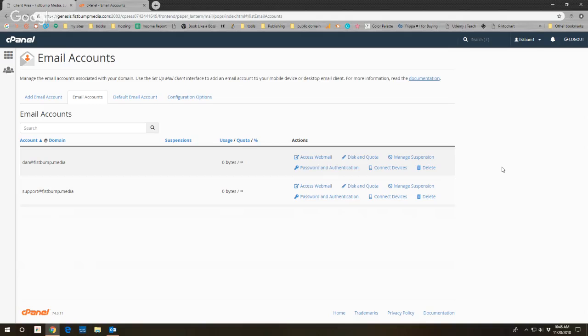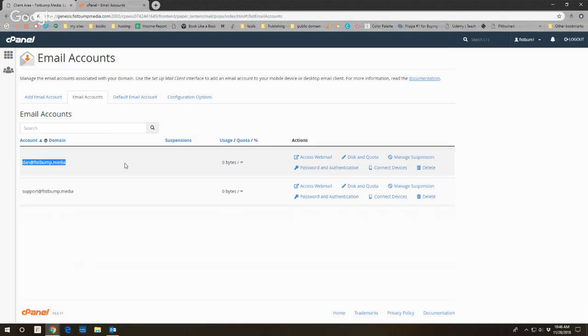Okay, so once you have an email account, one of the things you can do for accessing it is, if it's an email address that you want to have, maybe it's just a kind of vanity email address, right? Say dan@fistbump.media is just an email address that I want to have because it's easy to say or really cool, or maybe I don't want to tell people my actual name and give out a generic one like support@fistbump.media or something like that. Whatever the reason, if you have an email address,